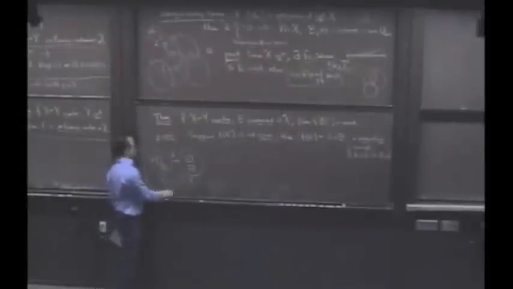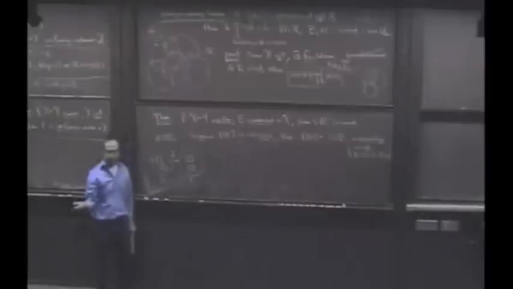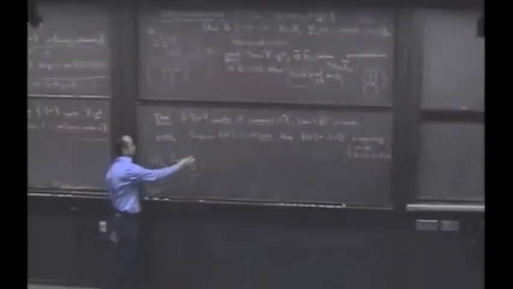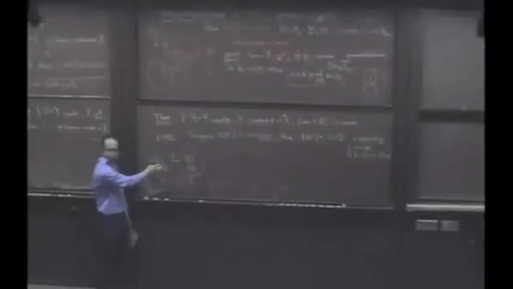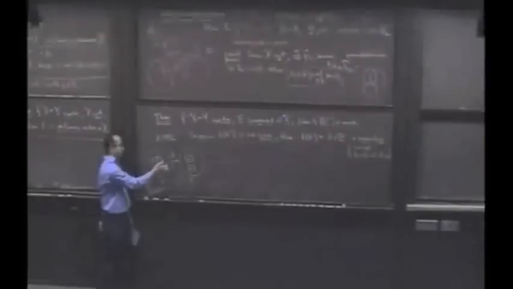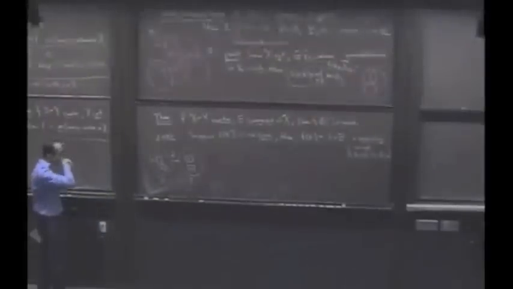Would you agree that if A and B were both open sets, this would be very easy to show, yes? If A is open, then, because F is continuous, the preimage is open, and B's preimage is also open. This is a union of two open sets, and in E, these sets are clopen. No point in here can be a limit point of a point in here because they're interior to the other set, right? So you'd be in good shape if they were both open.